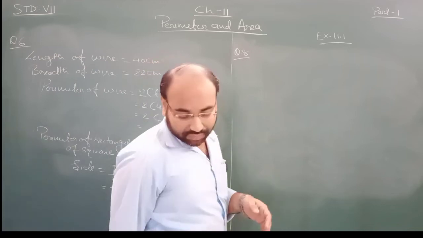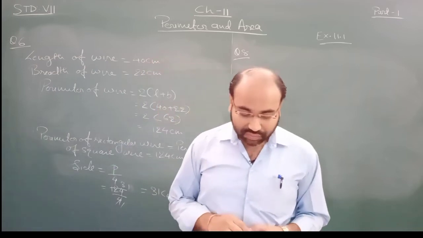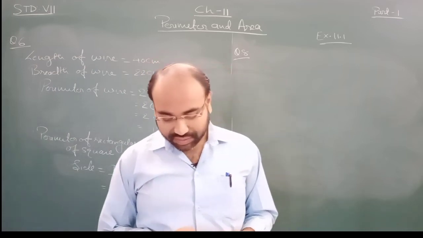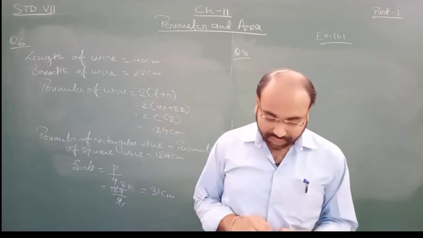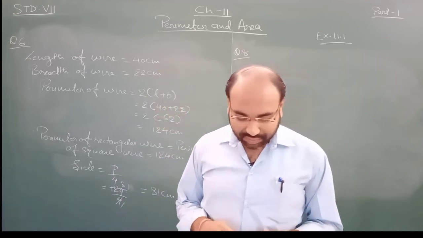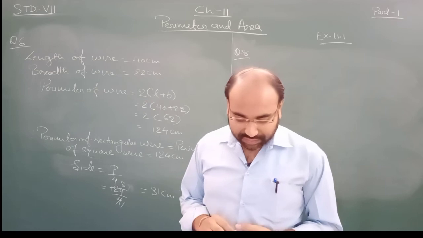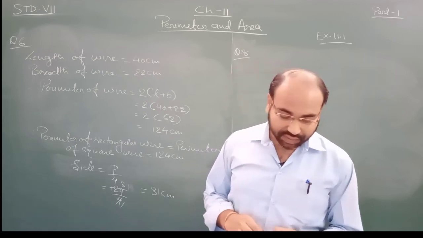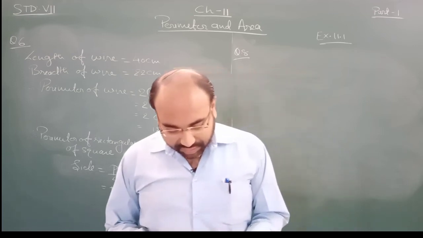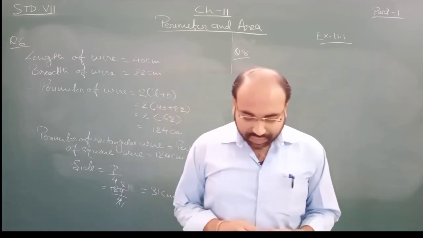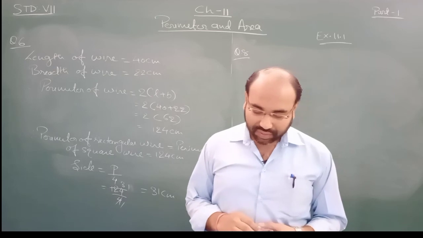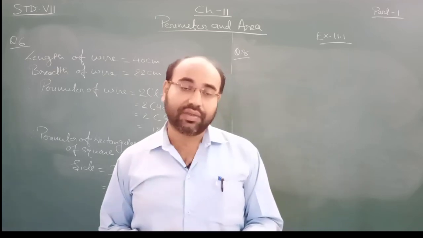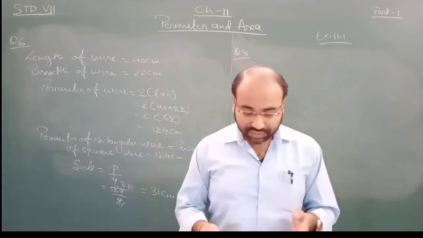In question number 8, what is being given, that a door of length 2 meter and breadth 1 meter is fitted in a wall. The length of the wall is 4.5 meter and 3.6 meter। Figure में दिया है, see in your textbook on page 208 at the last। Find the cost of whitewashing the wall if the rate of whitewashing the wall is ₹20 per meter square। अब एक वॉल है, if you can see in the figure, उसमें